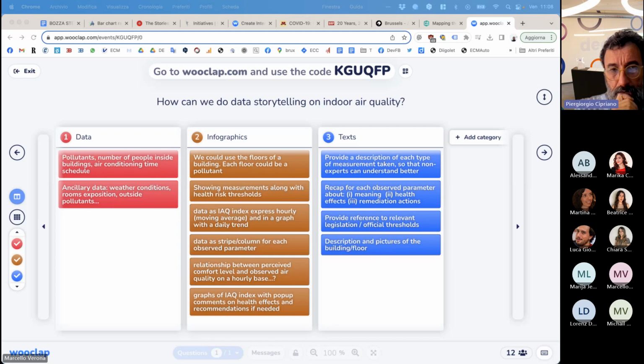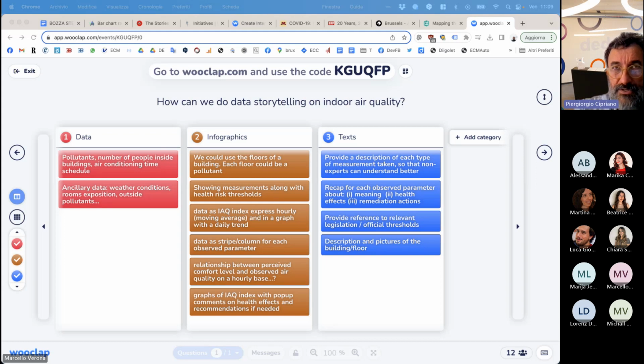And this, in my opinion, is also tightly coupled with some inputs provided in the right column in blue. Yeah, because within the storytelling approach, we always need to provide a narrative,